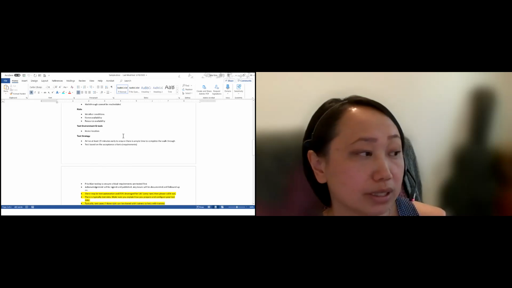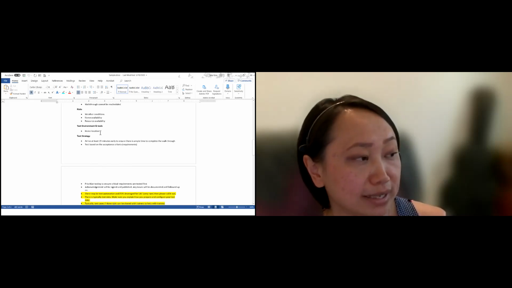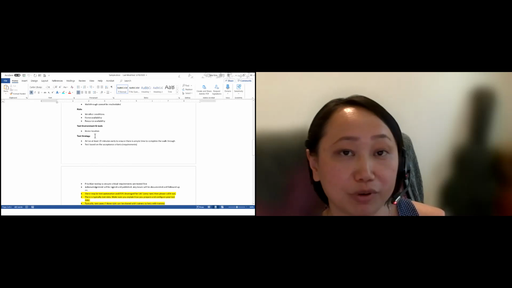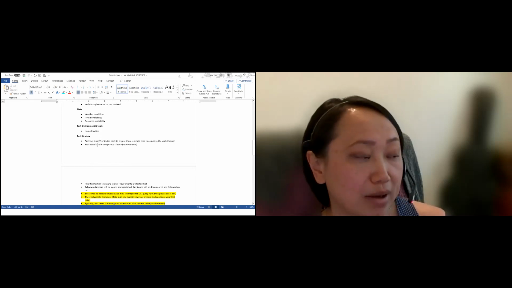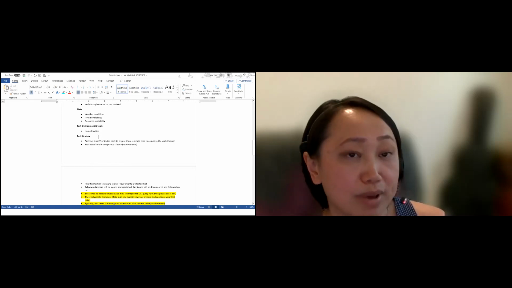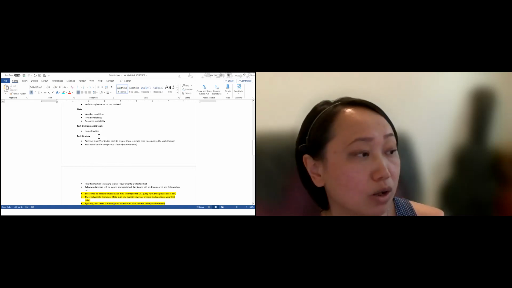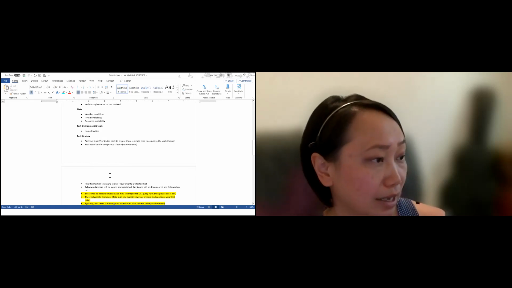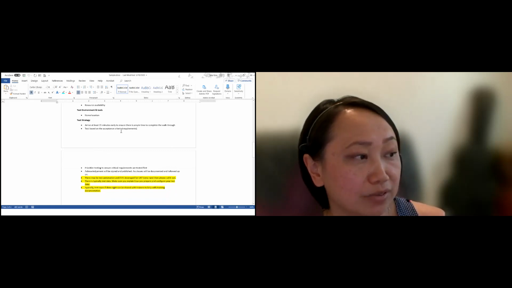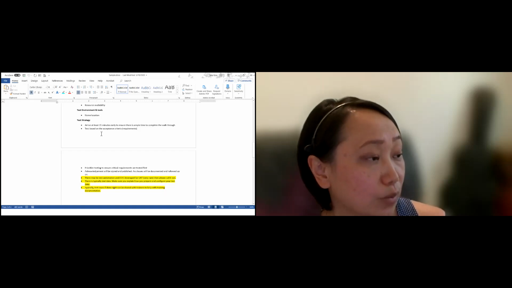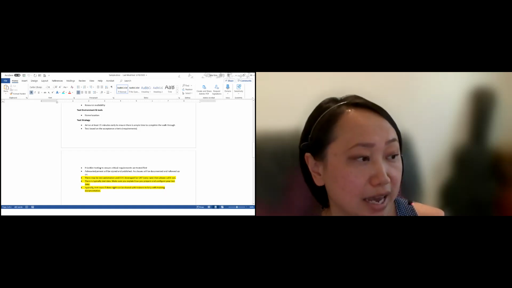Test environment and tools. For my example, I said the home location. Typically for testing, if you have test environment 1, 2, 3, you might want to call it out here. If you have some web applications that you use to help with testing, you might want to call those out here as well. And then the test strategy. I called out that I wanted to arrive at least 15 minutes early to ensure there's ample time to complete the walkthrough. I want to test based on the acceptance criteria, aka requirements.